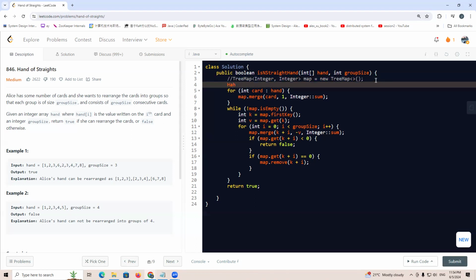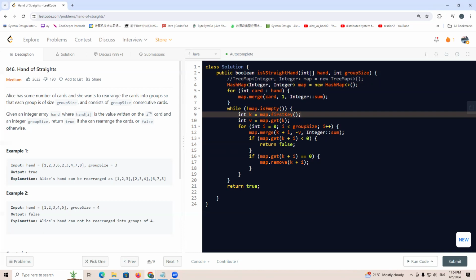If we change to hash map, I think the code change will be simpler, but every time we need to find the smallest one, for the smallest key,